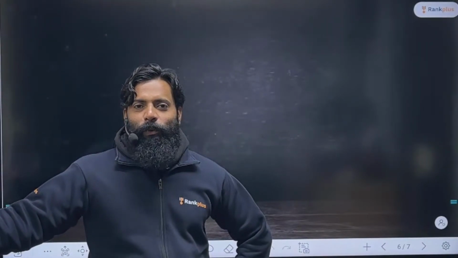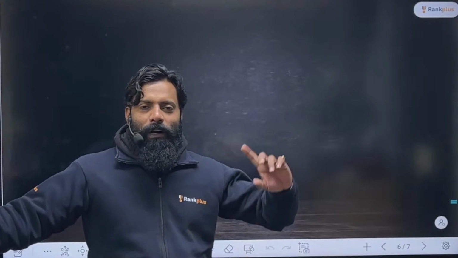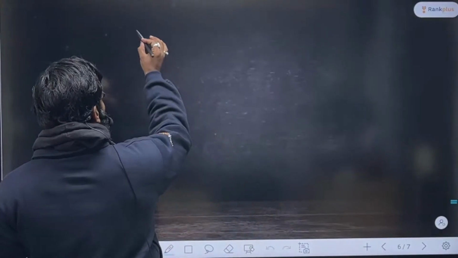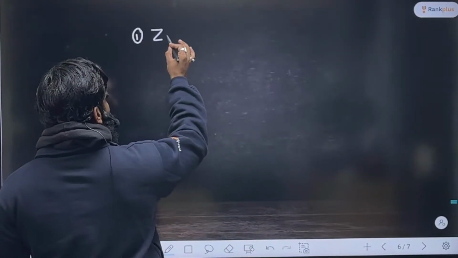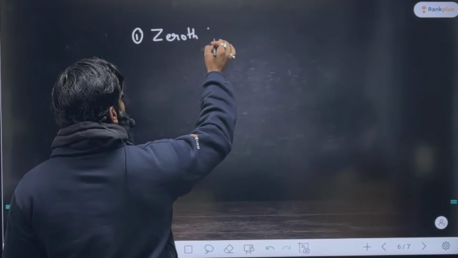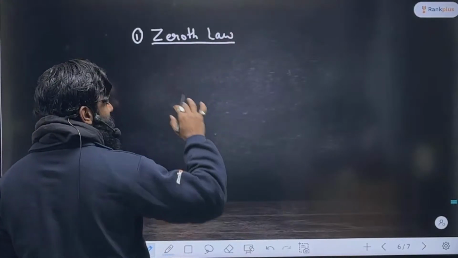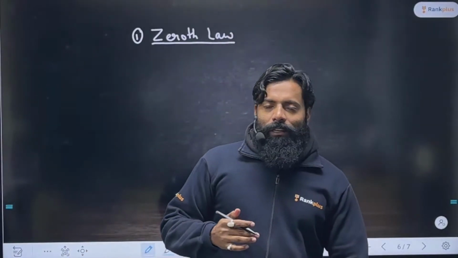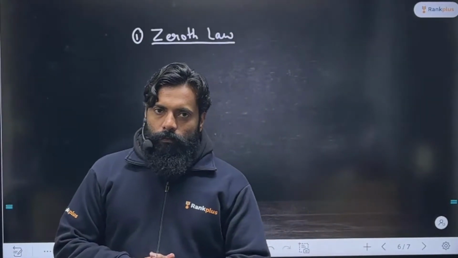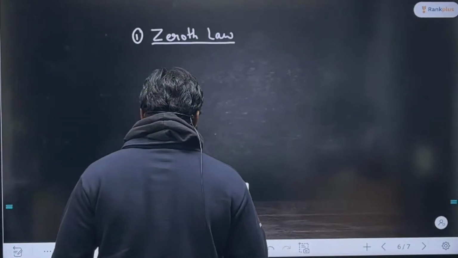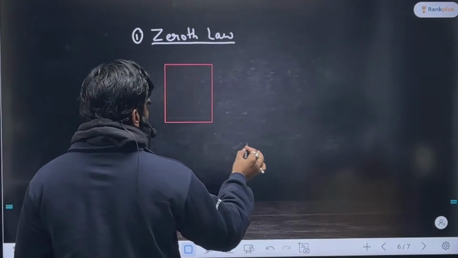I'm not going into that story. I'll take that story part when I'll be taking a lengthy lecture on thermodynamics. So here I'm only stating what the zeroth law says. The zeroth law is basically a fancy way to tell us about equilibrium, right? In this, we basically say that if there is an adiabatic wall,